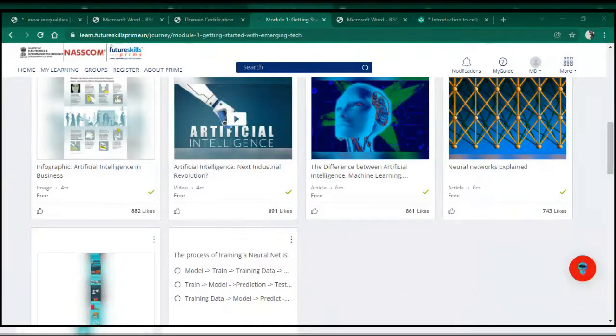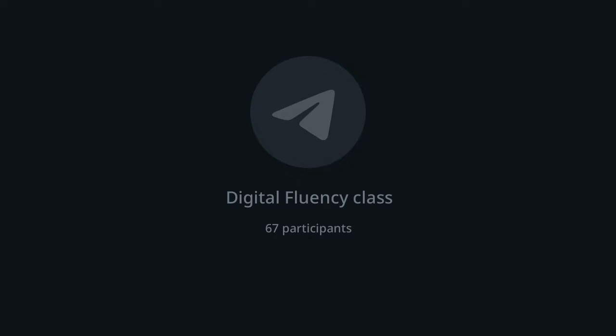See, guys, you are supposed to keep your phones in landscape mode, not in portrait mode. For those who don't know, I'll just show once. So this is portrait mode. This is landscape mode. To start this mode, you have to pull your toggle menu, and you are supposed to start auto rotate.